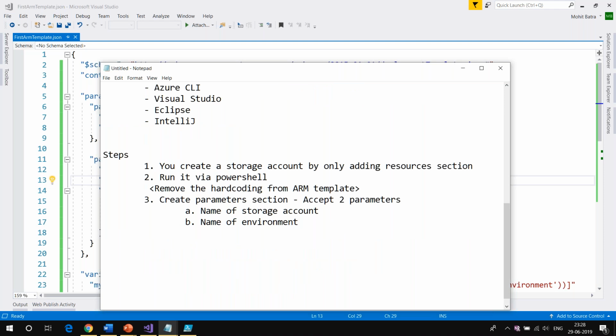Okay, so what I can do here is step number 4, create variable section. You guys can follow the same steps that will help you define your complete ARM template.